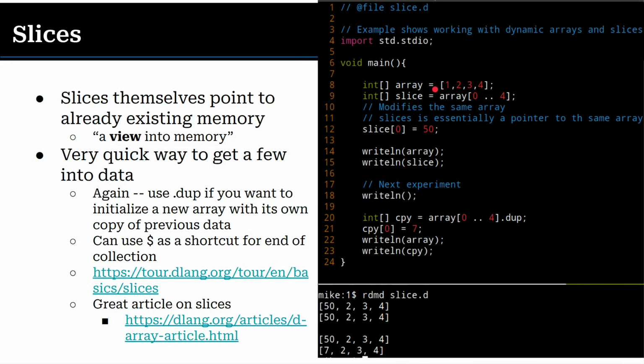It's basically a pointer into that array here. But what's that pointer doing? Well, that pointer is a dynamic array, this slice, and it's got the pointer and the length here, right? So when I write it out, that's why it's printing out here.